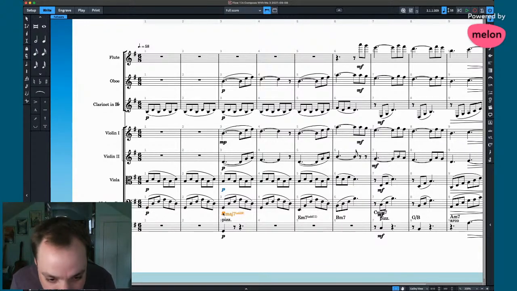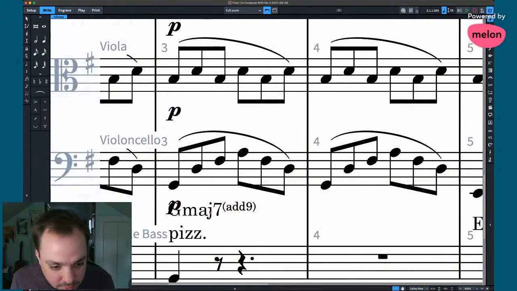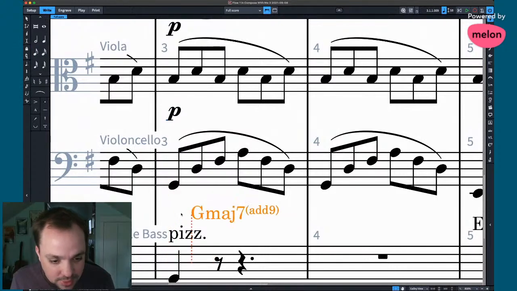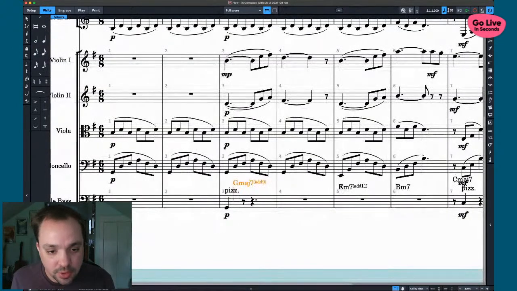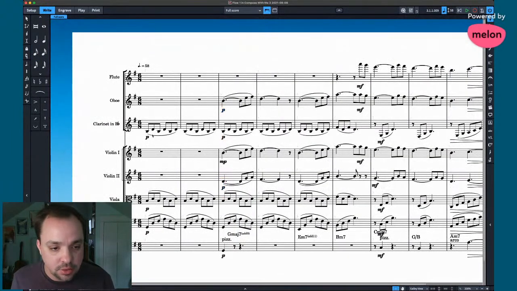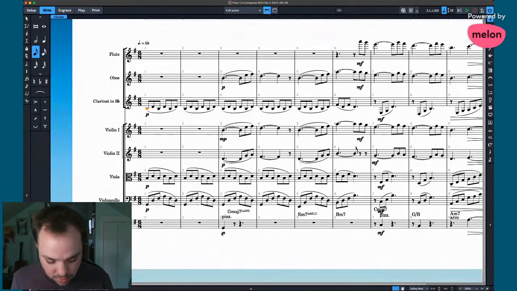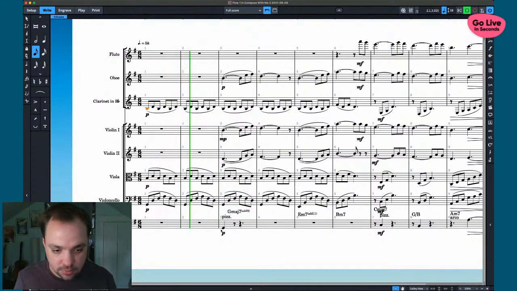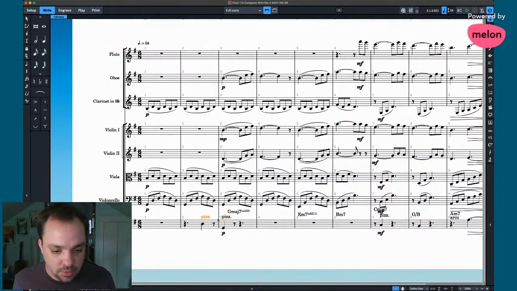Can I grab that piano mark without grabbing the chord symbol? Move chord symbol there. I don't really need the chord symbols anymore, but I'll leave them in. Let's see. So maybe I'll do an extra pickup note into that. Boom, boom, like that. Maybe.